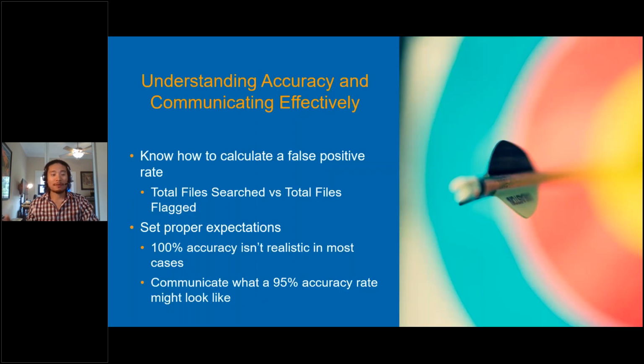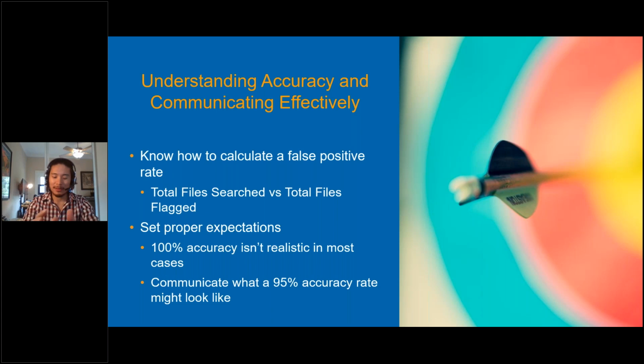So the first thing we want to talk about though is accuracy. When I work with clients on a pretty regular basis, this is always a conversation that comes up. Our goal is always to get you above like a 95 or 98% accuracy rate, but it's important you understand first off what an accuracy rate is. A lot of times, the very first time we pull a report for a client during implementations, they'll look at it and they'll say, well, half of this data is false positives, so we have like a 50% accuracy rate at this point. And while I know that can be a little bit frustrating in the beginning, that's not